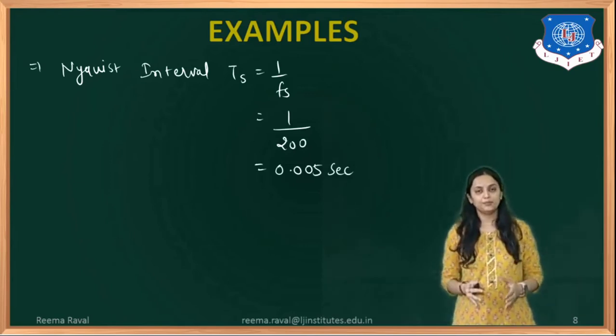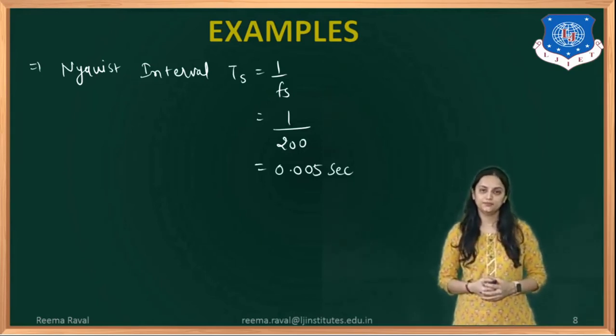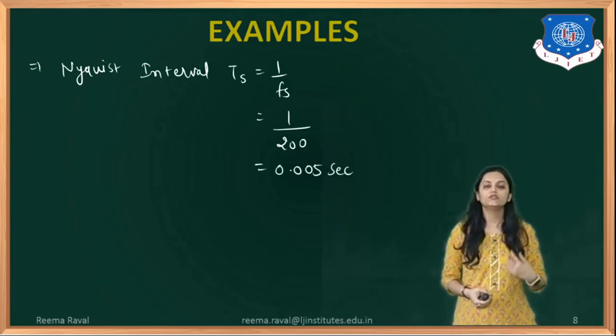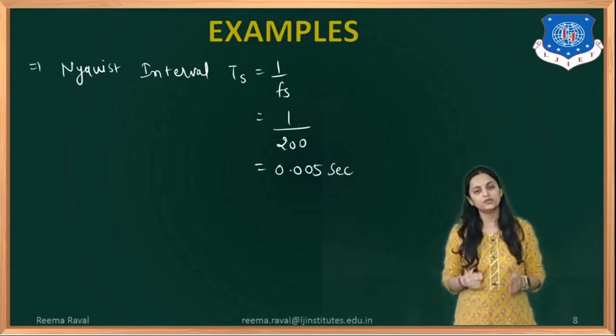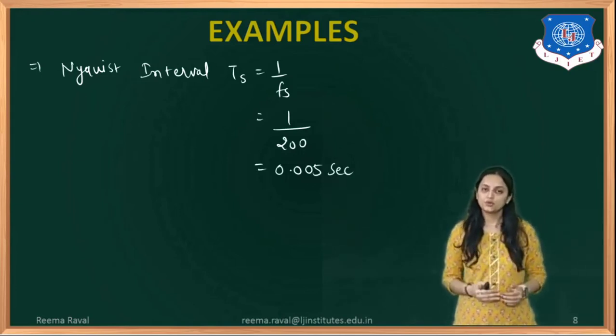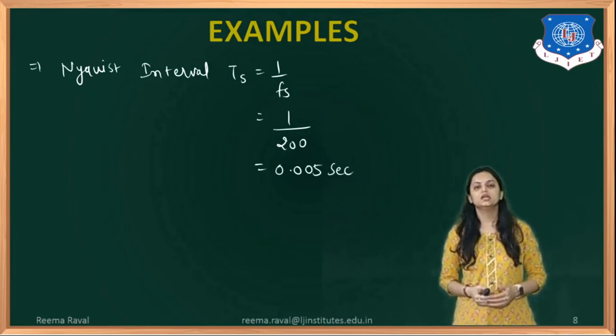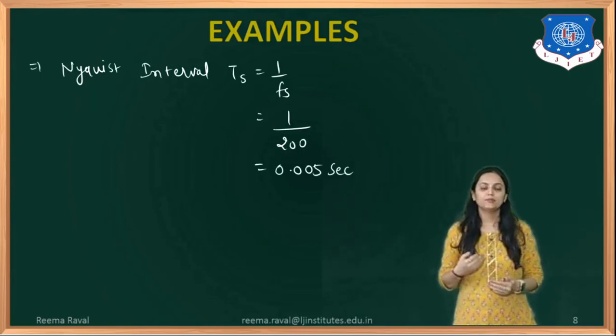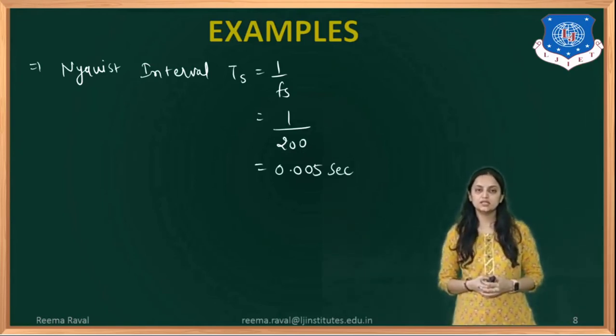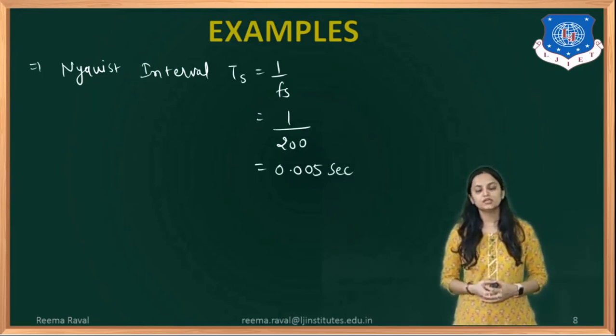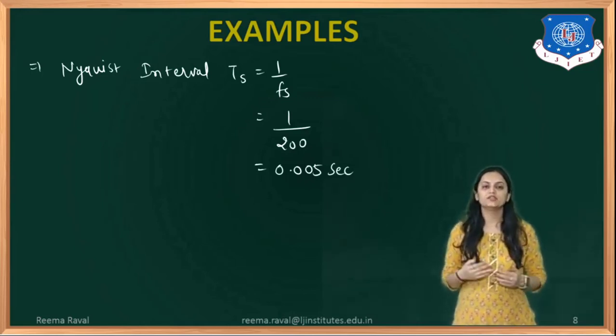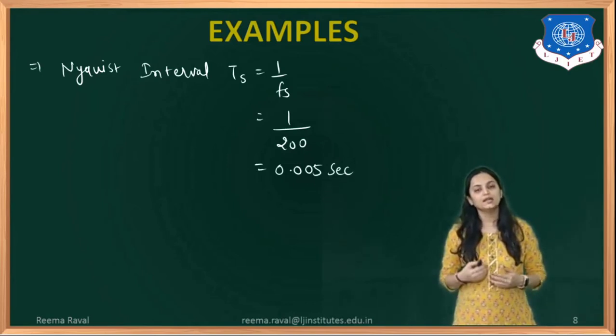The examples which we have seen in this section were based on the Nyquist rate and Nyquist interval. The variation in the value of the frequencies or in the form of the equation will be different. You may be asked about multiple terms, but the procedure will remain the same. All you need to do is find the frequency values for the separate cases, and then after finding the maximum frequency from all the available frequencies, you can find the Nyquist rate using the formula twice of fm, that is twice the maximum frequency. And the Nyquist interval is the inverse of the Nyquist rate.